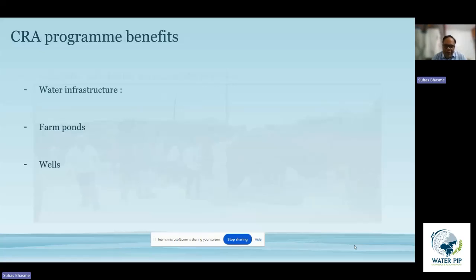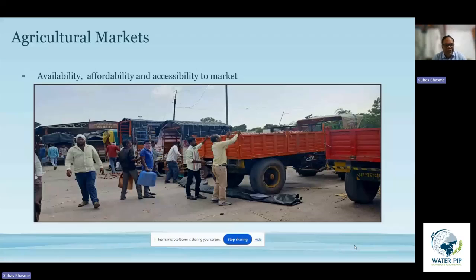And finally, when the crop is ready and everything is done, we still find that when the farmers reach out to the market, it is still not profitable for the small landholding farmers. And I think the interesting aspect in this particular sense is the way small landholders are not really able to capture or profit from the fluctuating market prices.